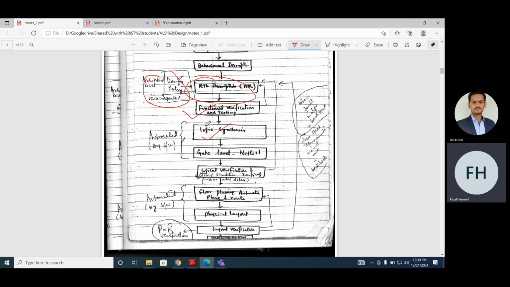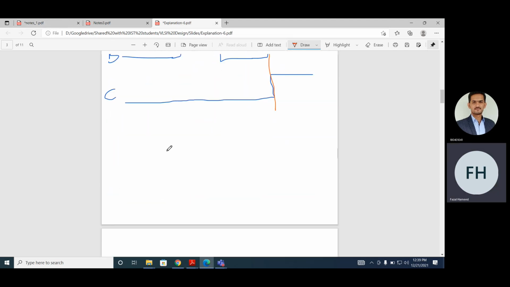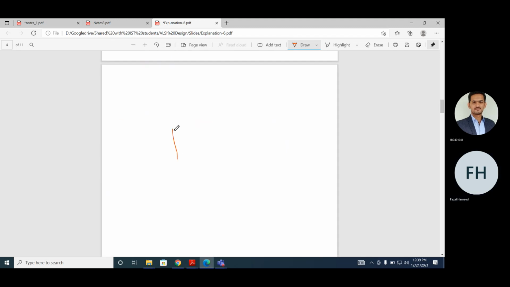Once that is converted into a gate level netlist, then you do the logic verification and the timing testing without routing delay. I will explain this with an example. Now there is also a gate level netlist. There is a routing delay and there is a transistor level delay. So now let's assume it is converted into gates. So now these are gates. Let's assume it is your design and it is an AOI cell.